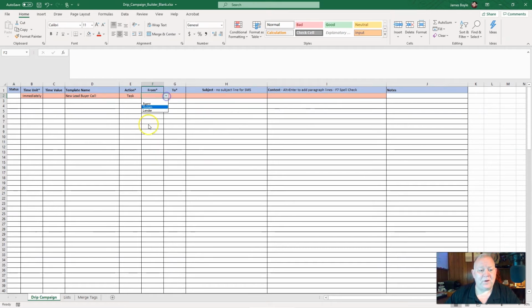It's going to go from the system to the agent. So it's the system reminding the agent to call. And then as a subject, I usually leave that blank for the task. There's no subject for that, and there's no subject for a text message either. And what I usually do for the contact is I would write something